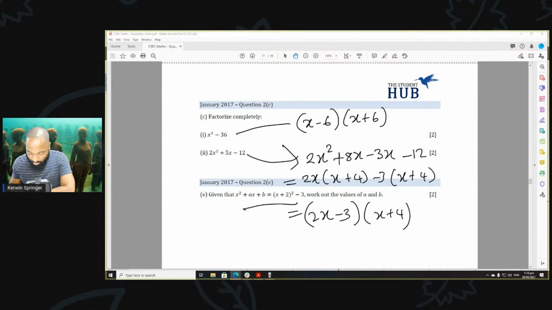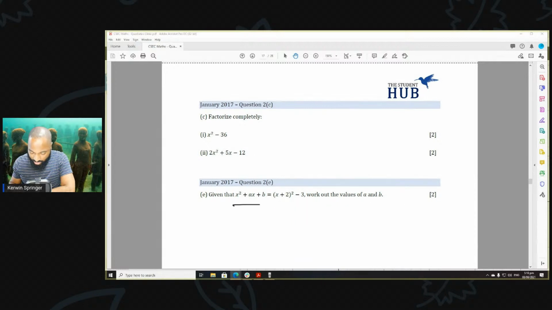Now we need to do completing the square. This one is different. You could use the formula to help you out here. Formula will be ideal here. Because they say you need to find A, you need to find B, and they give it to you in the complete the square way. Now I could